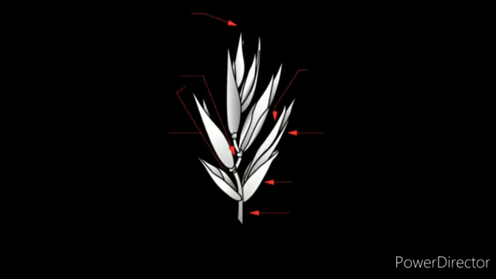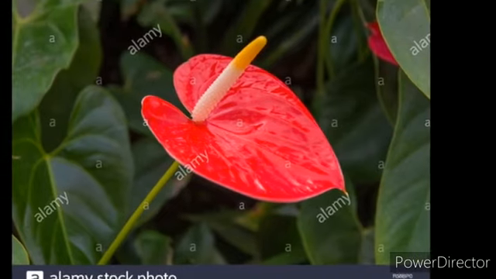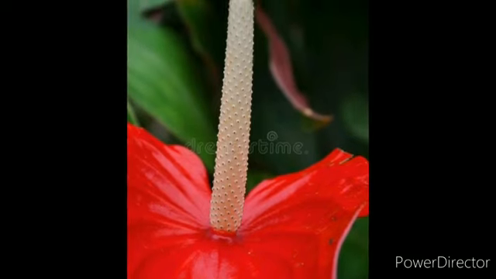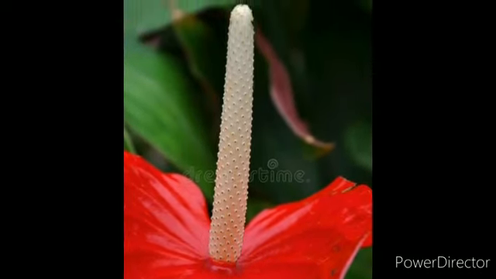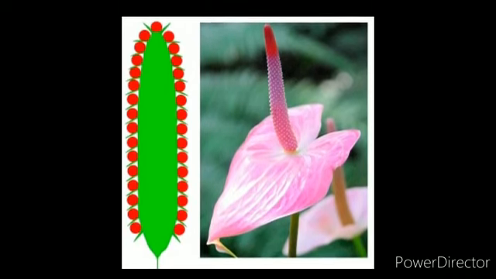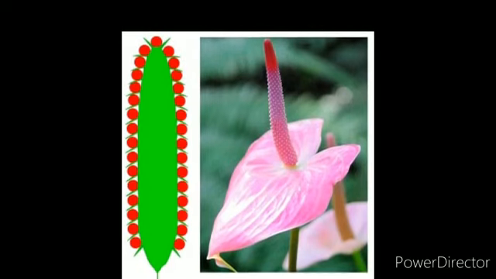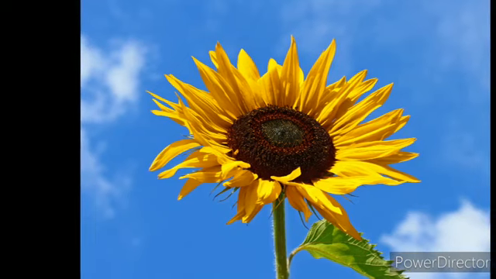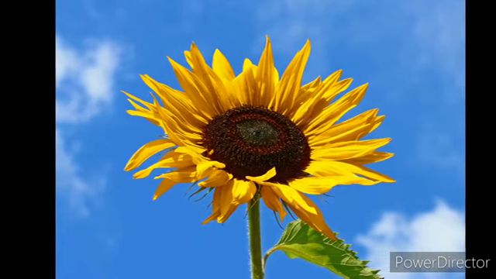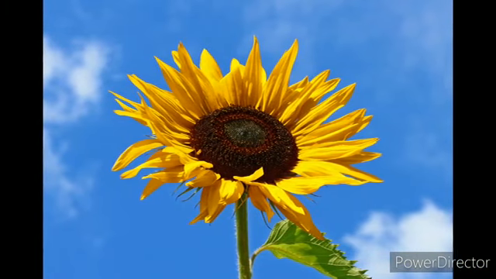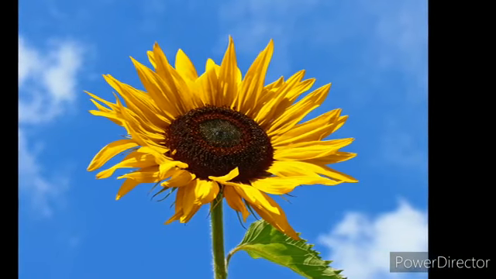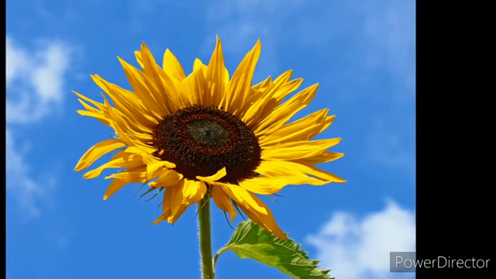And the next type we are going to see is spadix type, in which the peduncle bears sessile unisexual flowers and neuter flowers arranged in acropetal manner, and these flowers are protected by a modified bract called spathe. Example Colocasia. And the last type we are going to see is the head type, in which the unisexual and bisexual sessile flowers are developed centripetally on a condensed peduncle. The example in this head type inflorescence we can see is sunflower.